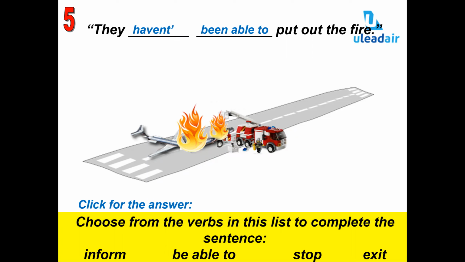So that's usually the reason we use one of these over the other. It's sort of intent or ongoing. They haven't been able to, but they're still working on it, for instance. If you say they can't put out the fire, then maybe they've tried everything and they've given up. That's usually the difference in what we're talking about here.